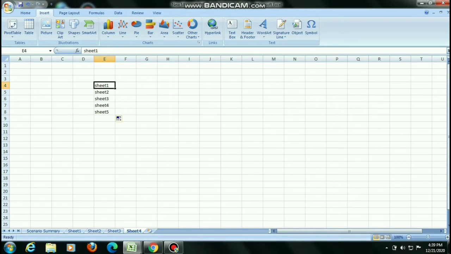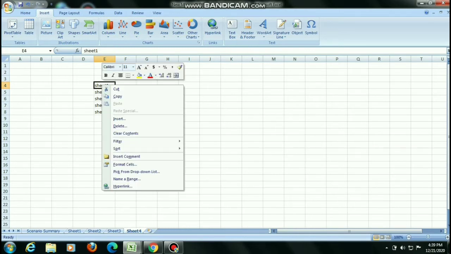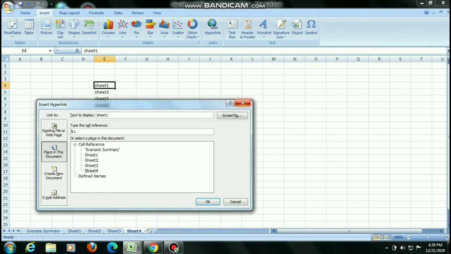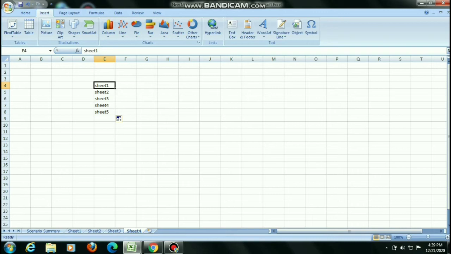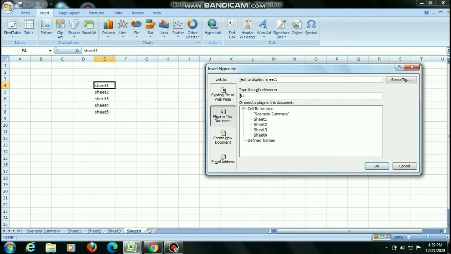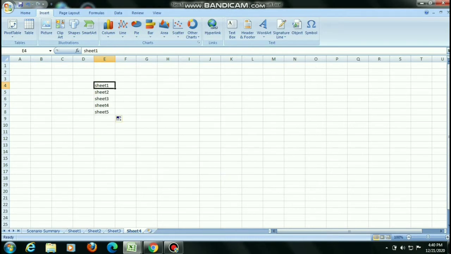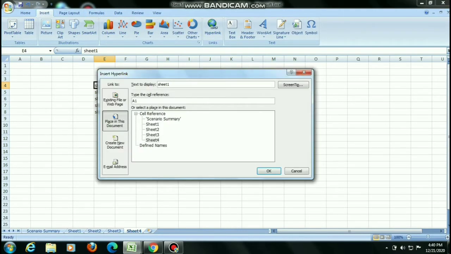Children, the second method of creating a hyperlink is to right-click on this one. Here is Hyperlink. When you click on Hyperlink, the same box appears. And children, the third method is a shortcut key, Control plus K from the keyboard. When you press Control plus K, this is the shortcut for creating a hyperlink. You will check the same window appears. Now again I will show how. Click on the Insert tab, Links, and here is Hyperlink.